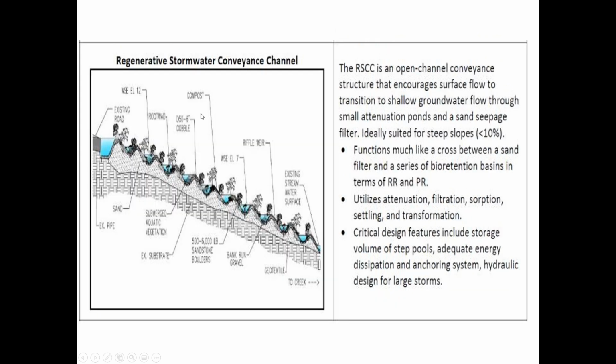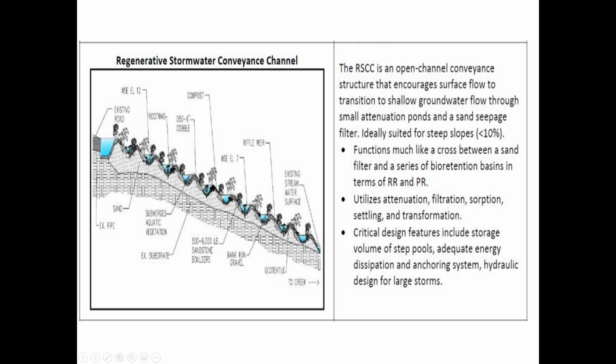A regenerative stormwater conveyance channel is the idea that, remember what we're trying to do is we're trying to increase infiltration and slow down the speed of water's movement. We want to slow it down because if we do that, then it reduces the peak at the central location where all of the water is arriving. So instead of having the water just flow down a channel very quickly, if you had a series of interconnected pools,